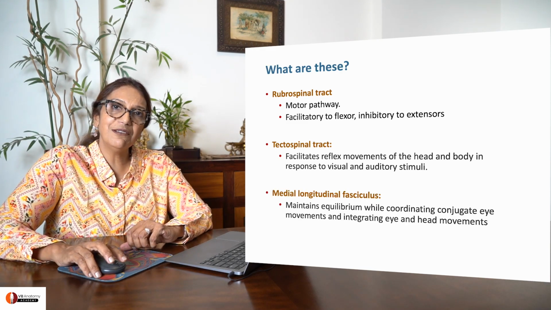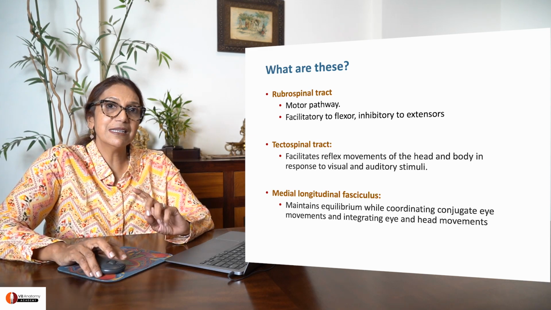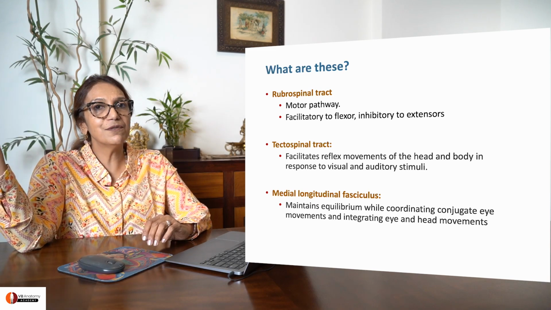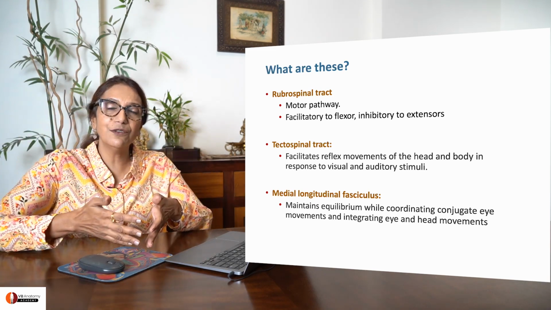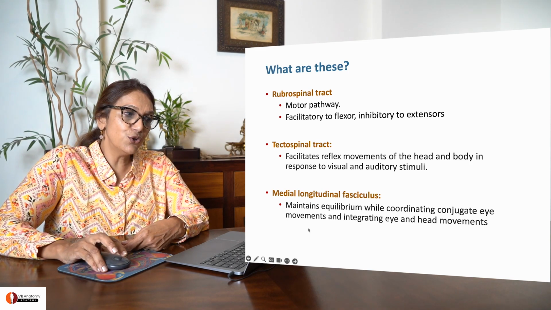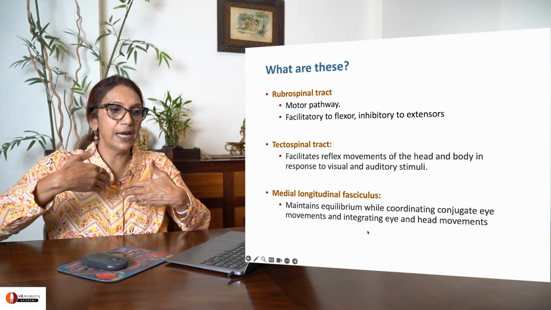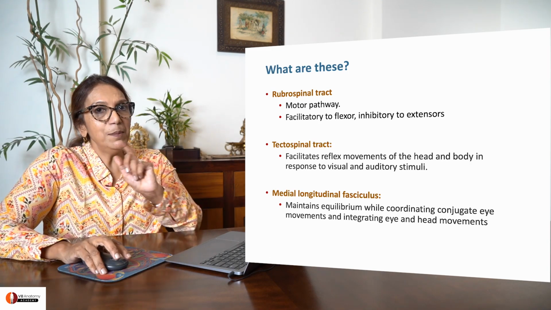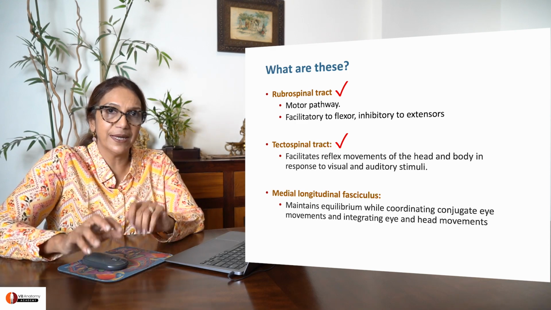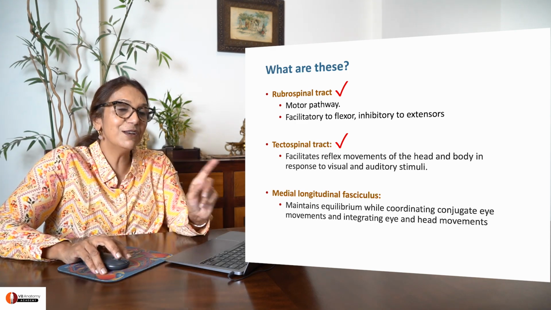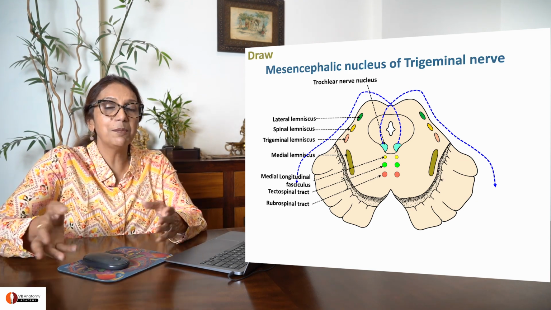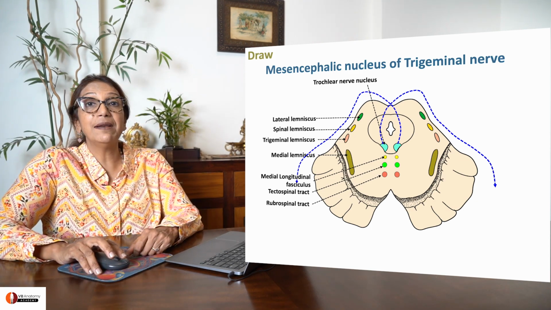What is medial longitudinal fasciculus? If you recall, this is a part of our vestibular system, axons emerging from vestibular nuclei, connecting a lot of cranial nerves to each other. Okay, go back and revise. It coordinates conjugate eye movements, integrating eye and head movements. Okay, so we will be studying the rubrospinal and tectospinal tracts further in detail, maybe in the next lecture. But this will be covered in detail. So we've got our RTM in place, we've got our lemniscal band, we've got our trochlear nerve nucleus. What shall we add now?